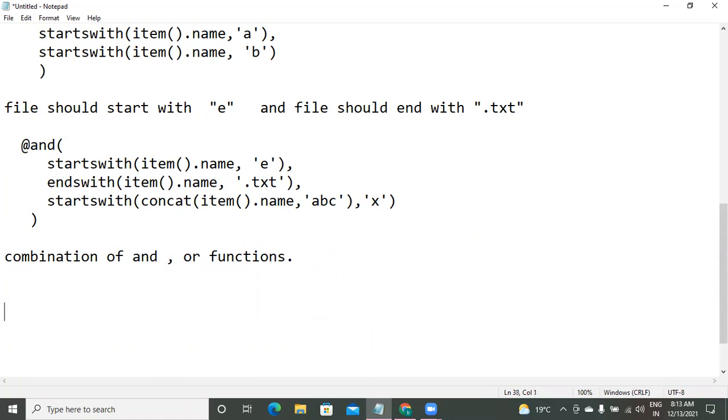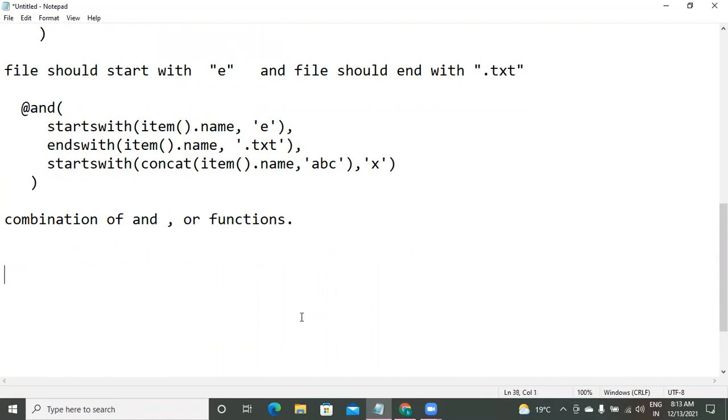Suppose you have files like this: emp.txt, and employee.parquet, abc.txt, xyz.txt.